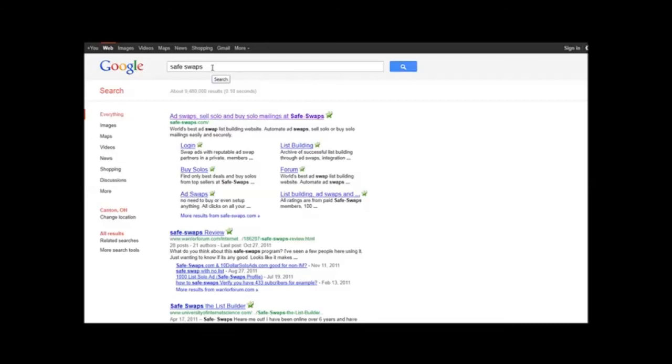So let's say you send a solo ad and you get 300 clicks, and let's say you're on the lower end of that spectrum, you're getting 100 opt-ins to your list for 100 bucks. And you may see